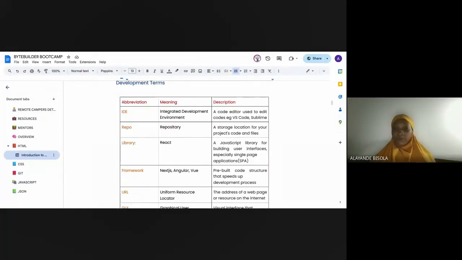So your Gmail is a single page application, right? Because when you click on something, it is not reloading, but it's taking you to another page. If you go to your inbox, you have your inbox, you have your draft and everything. If you're inside your inbox and you go to your draft, you notice that it's not reloading the entire app, but it's going into another directory, right? So it's a single page application. React is a JavaScript library for building user interfaces, especially single page applications. And it was developed by